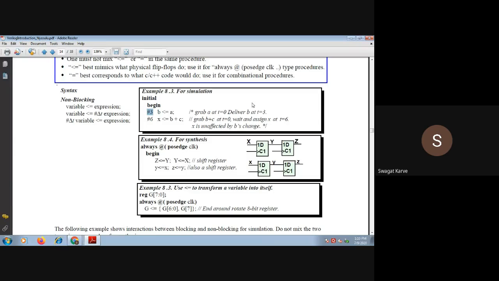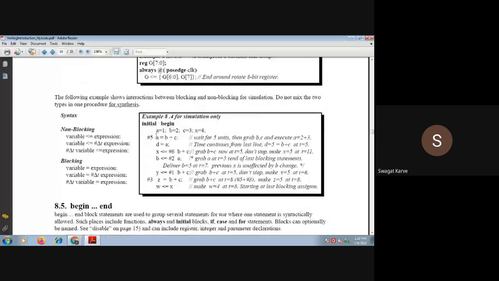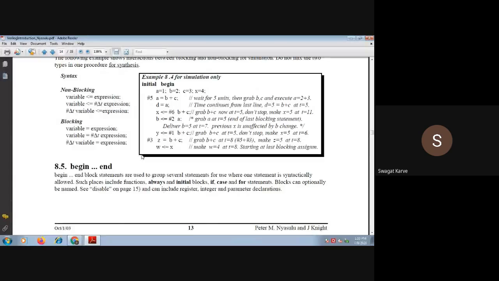That means when the time reaches 3, it may be a microsecond, nanosecond, or millisecond, whatever you have defined, it will deliver the value to b. So that is about the non-blocking assignment. Now in this way you can use blocking and non-blocking. Always remember, blocking assignment statements are mostly used for